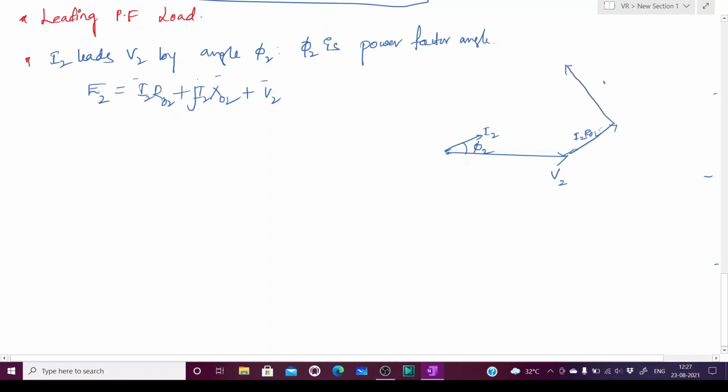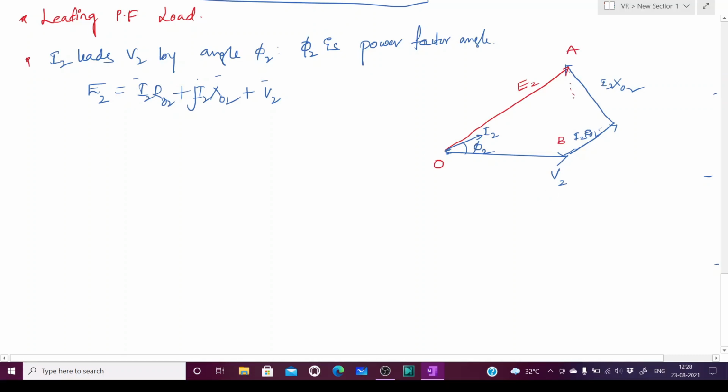So this is I2 X02. The sum of these three vectors will be our E2, from O. So this is E2. Let us give them the points O, A, B,